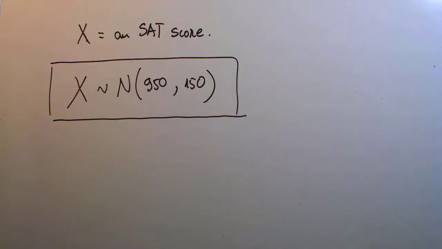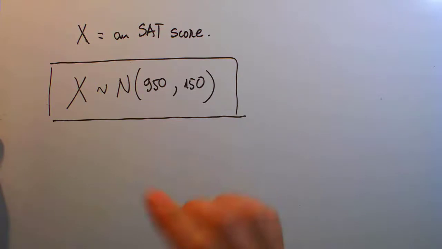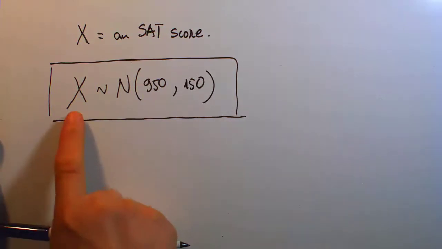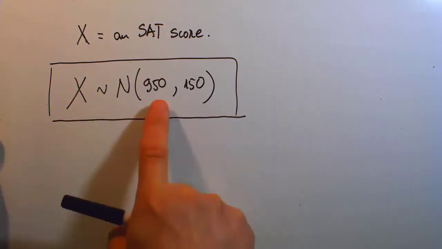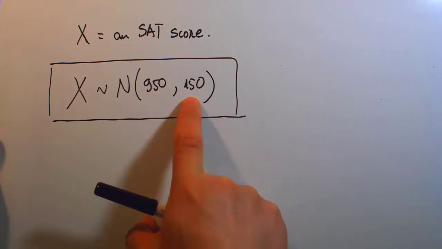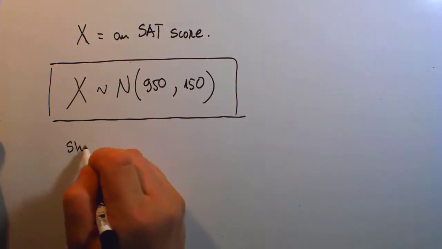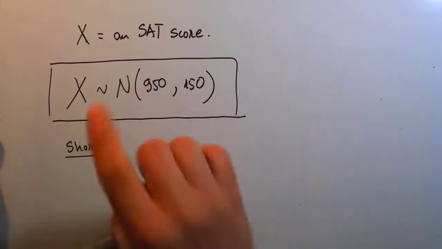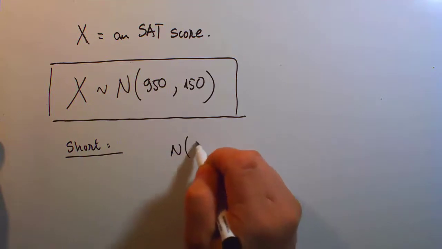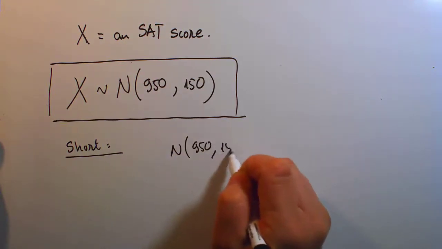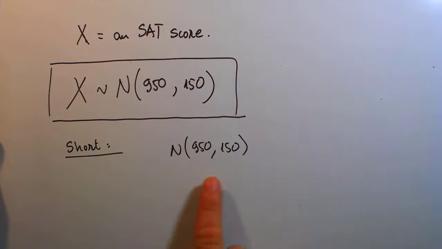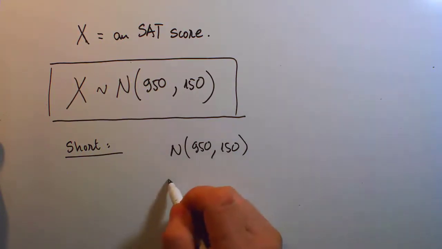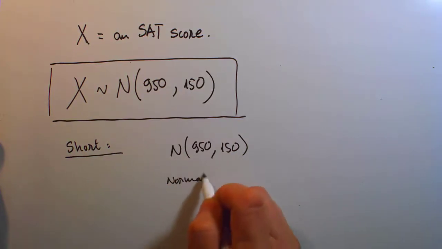And informally but widely used out there, people, even for short, refer to a random variable X that's normally distributed with mean 950 and standard deviation 150. Even shorter, for short, we just say N(950, 150), because one little symbolic expression here represents three pieces of information. We have a normal distribution,